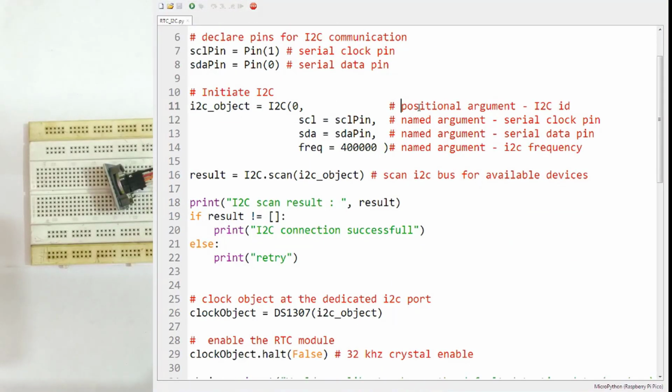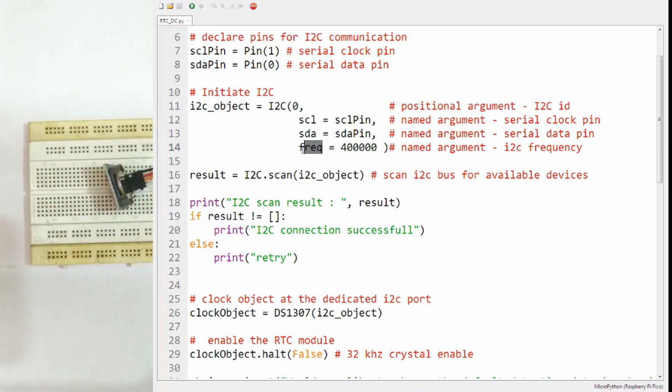Now you will enter the keyword arguments: SCL equals the SCL pin, which is GPIO 1, and SDA equals the SDA pin, which we have already defined for pin number 0.